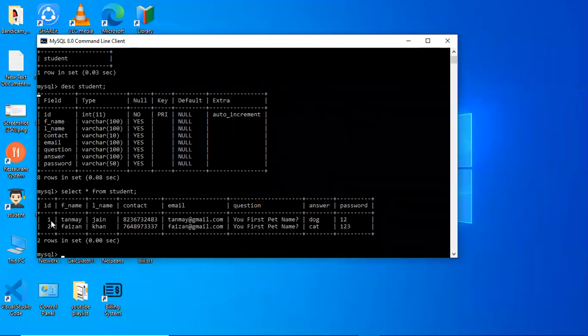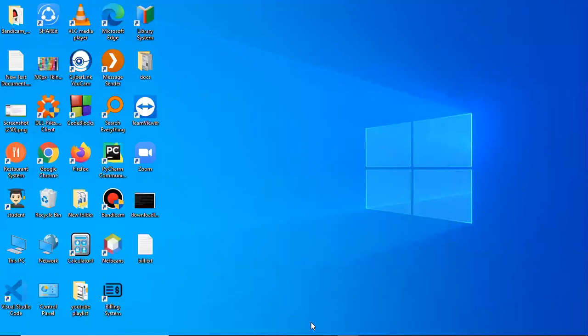Okay, I have entered two details here, and see this ID is automatically incrementing. Okay, so we have entered these details, right? Okay, now with this data only, we will be checking all those conditions, like forget password and all that. Okay, so first of all, I've shown you. Let's now create that login page.